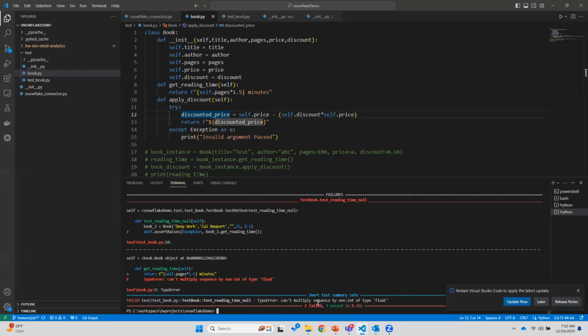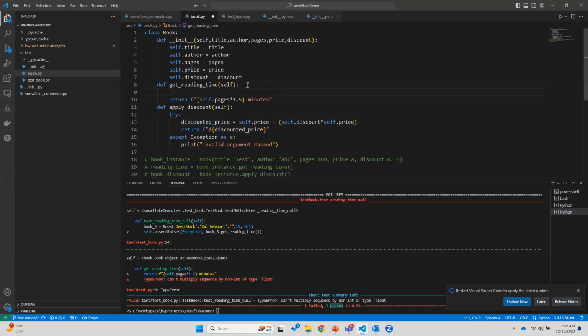Can you see now it failed 1 and passed 3. Why? Because we have written an exception for the discount price. Correct. वो टेस्ट केस कवर्ड हो गया हमारा, पहले कवर्ड नहीं था. So again I will write it, because for reading we did not write it. So I need to try it,